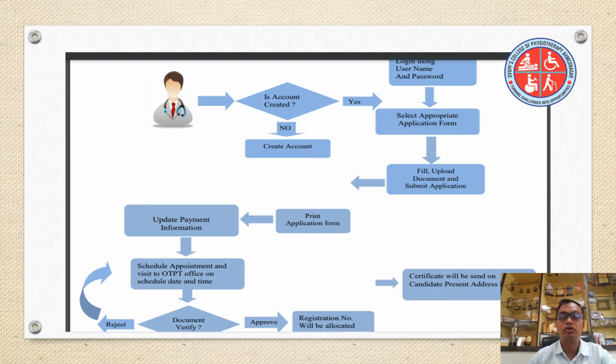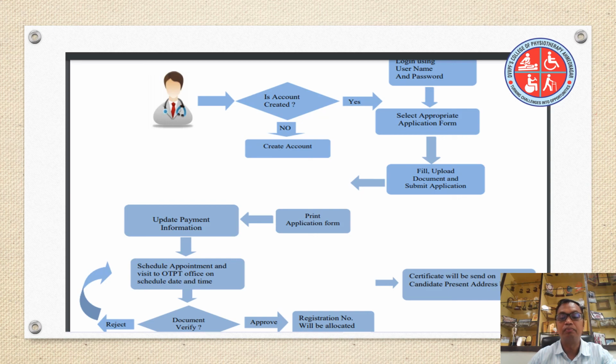The mail which I have already told you, the ROTPT Council email, should be used as per the notification, and then they will verify your documents by sending them to the parent university, parent college, and then the college will verify and forward back to the council office.